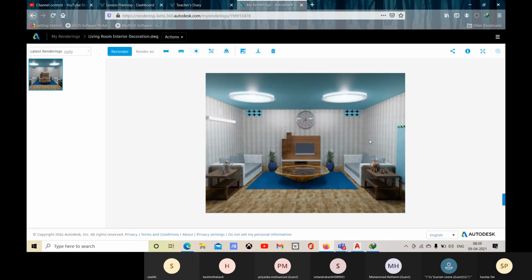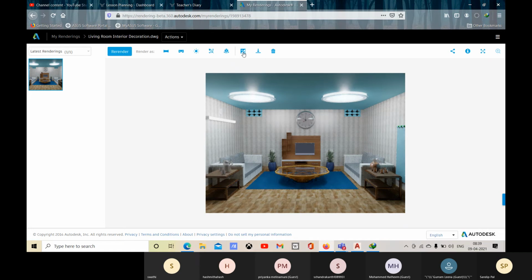Yeah, so here you can see that it is rendered. Here you have some more options, like you can render it as panorama, you can go for stereo panorama, solar study. All these options are there. You can go for this re-render also.